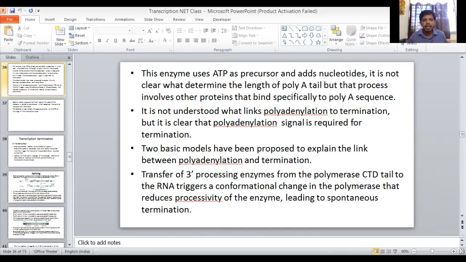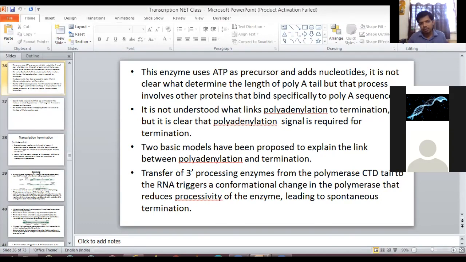Now see that basically two models have been proposed to explain the linkage between polyadenylation and termination. Transfer of 3' processing enzymes from the polymerase will trigger a conformational change. In this place two models are given. Still it is not known what will determine the length of the adenine residues, and how this particular ending process, the cleavage of that RNA from the RNA